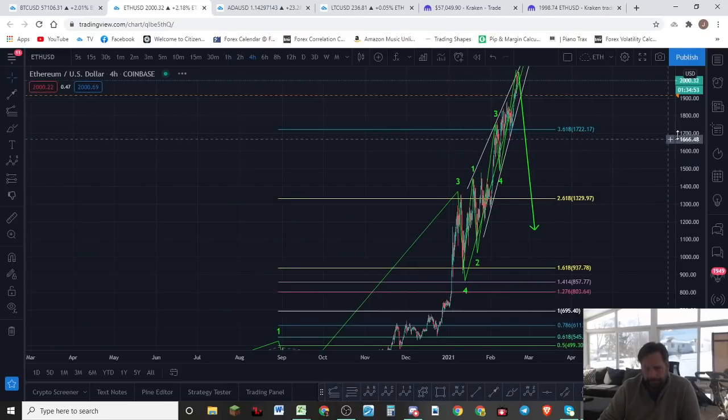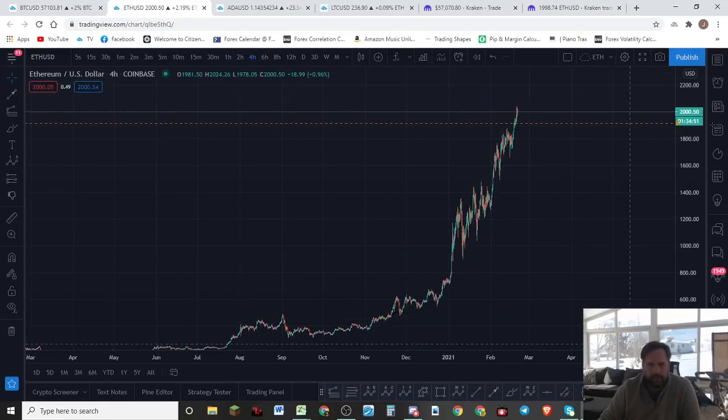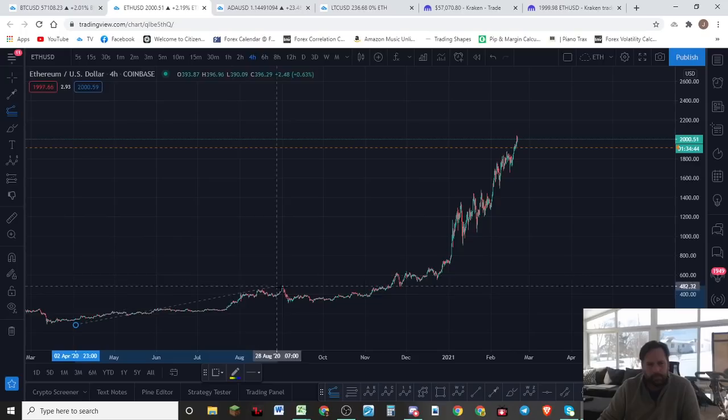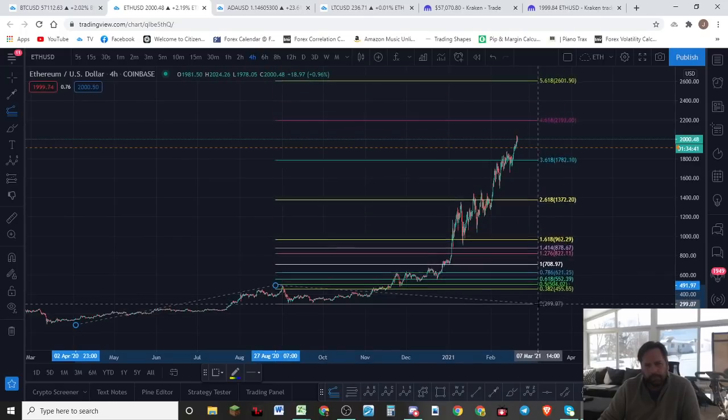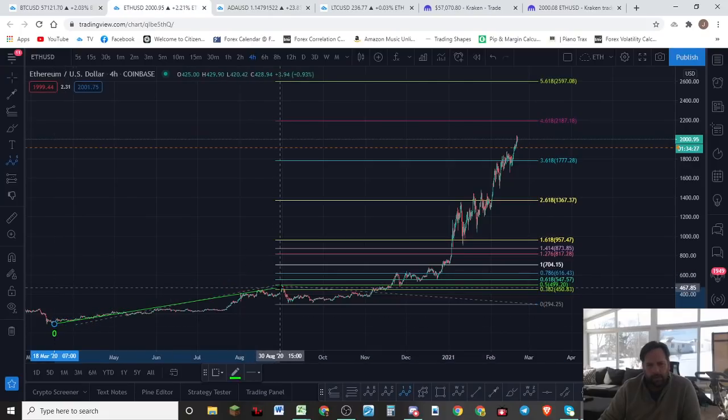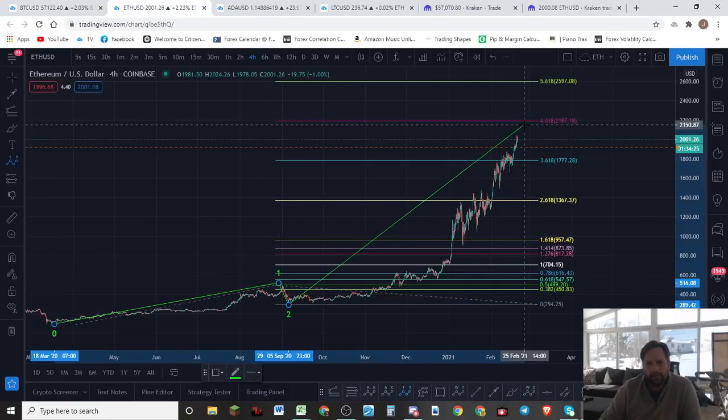Okay. Option number 2. Let me clear the chart a little bit here. Let me put the fibs back on there. Option number 2 says all of this is wave 3. We still have a little bit higher to go. About 2187 to 22K would be a high that we'd be looking for here, where we have 1, 2, and then all of this is 3 right here. Okay, and then once we have the third one finished, 4 and 5.